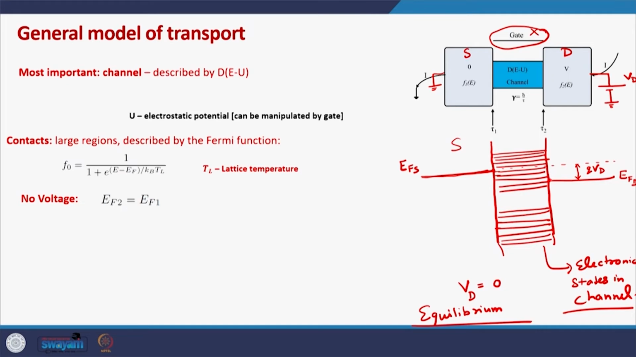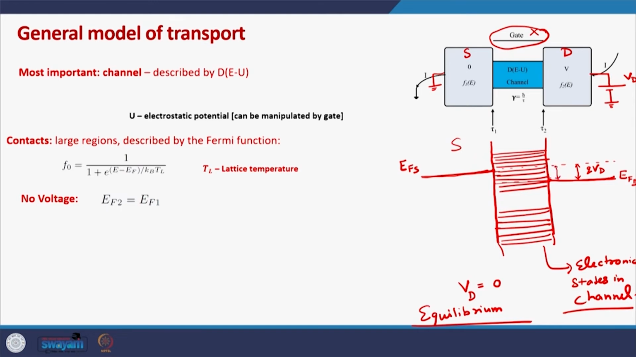And what does that mean? That means that it will try to make sure that all the energy levels in the channel up to its Fermi level EFD are filled. So, all the energy levels up to this point are filled. This is what the drain contact will try to make sure. What does that mean? That it means that the energy levels above EFD,